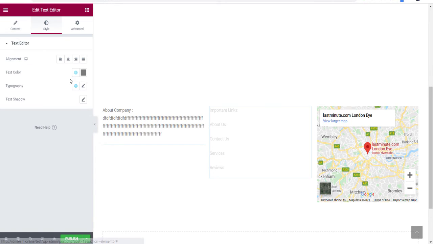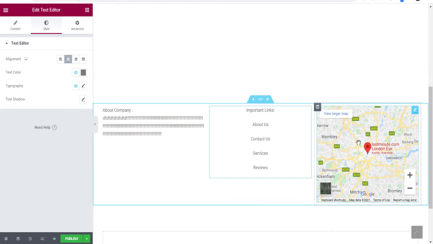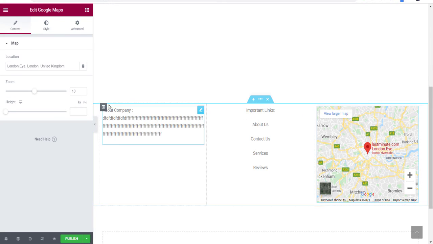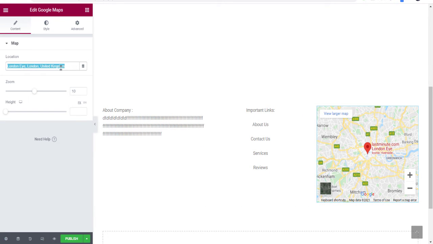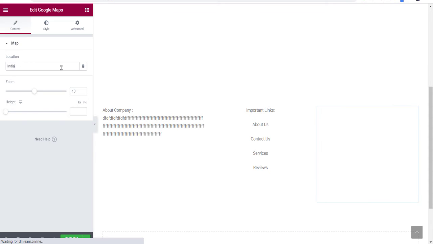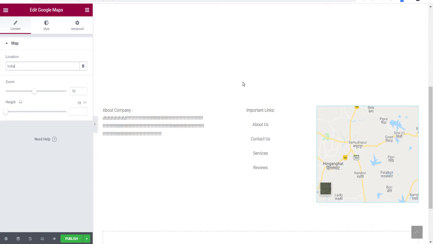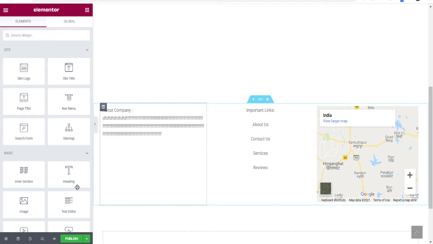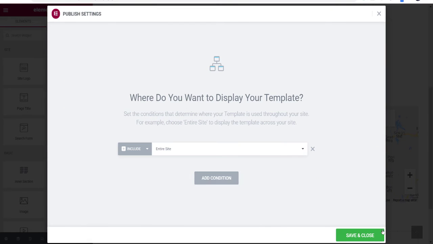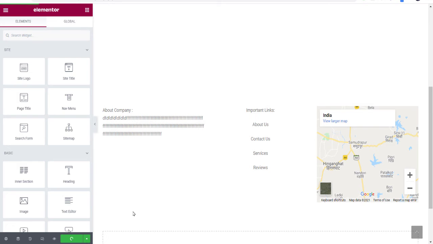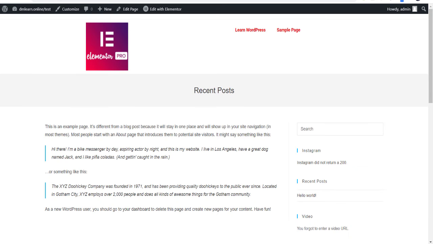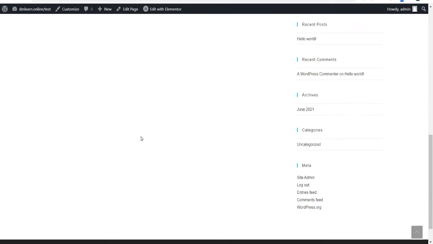What I can do is press enter after each line. And if we need to change a link, go there, click this pencil icon and enter. So just that's it, India. Save. Same again, set the conditions to the entire website, save. Done. Now look whether it updated or not.